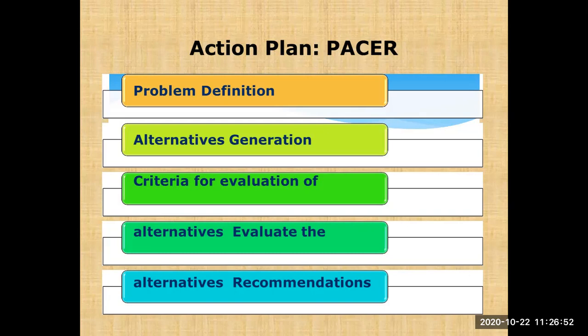Then the next one is C, the criteria for evaluation, meaning how you will perform, how your performance will be evaluated. Again, take the example of cricket. To score the 250 runs, suppose you say, okay, I will score it in 60 overs, but the match is of 50 overs only. Then you have to comply with that 250 runs within the limited number of given overs only. You cannot exceed that number of overs. Or you cannot say, okay, I will play 15 players, only 11 players are allowed. These are the criteria for the case study.